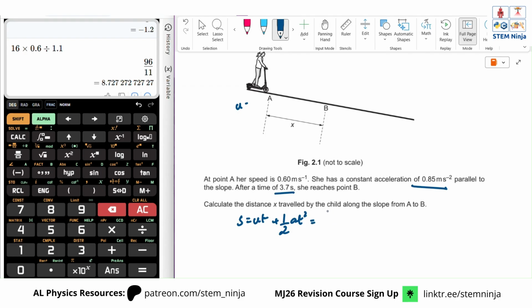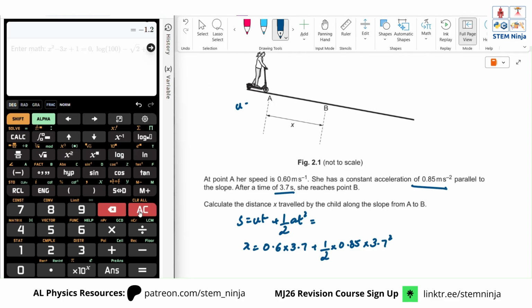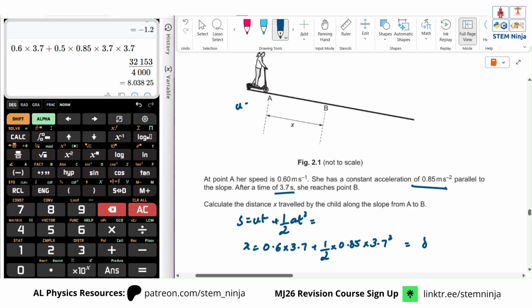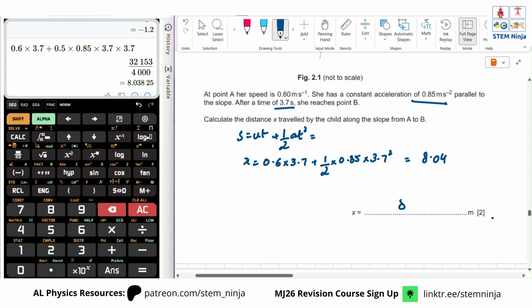So x equals 0.6 times 3.7 plus half times 0.85 times 3.7 squared. So 0.6 times 3.7 plus 0.5 times 0.85 times 3.7 times 3.7, which becomes 8.04. You can say it's 8 also